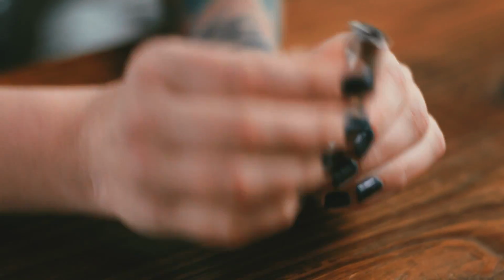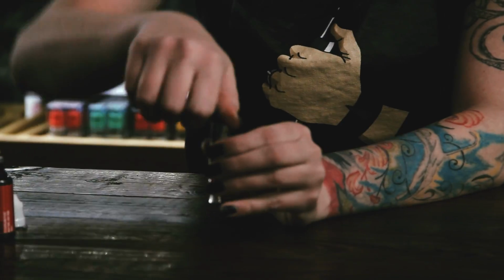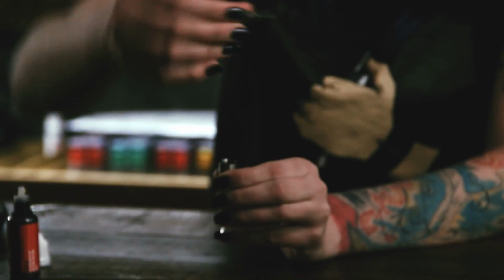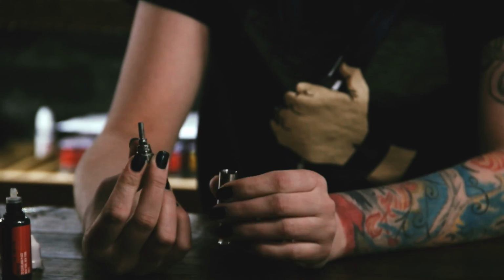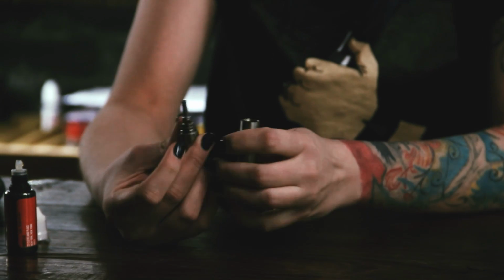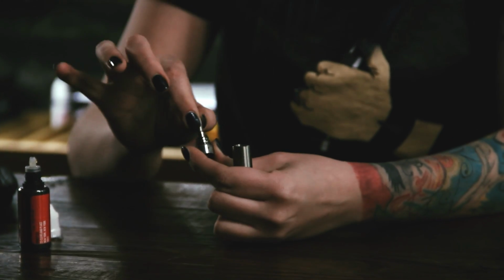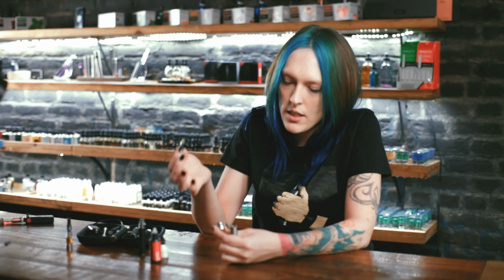So you turn this upside down, because this is a bottom coil, and you unscrew this cap right here. This part is actually replaceable on the E-Cog and on the bottom coil tanks like this. It is your atomizer, and if you want to remove your atomizer, you simply unscrew it, toss it out, and put in a new